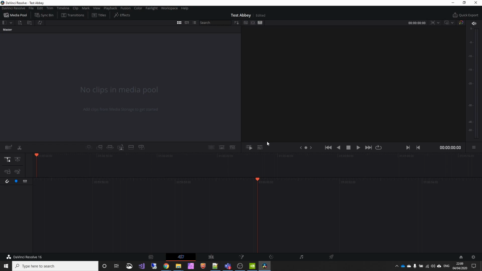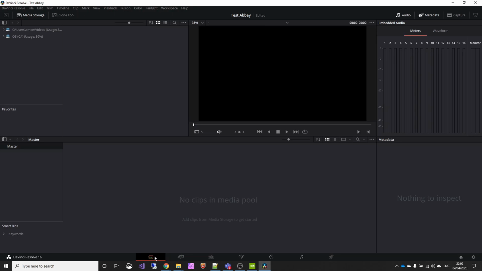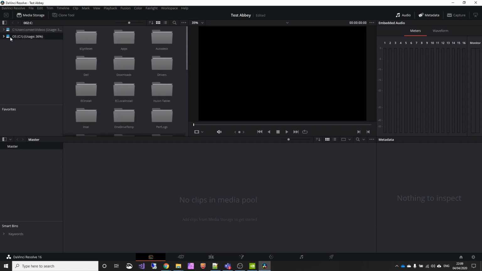Now the interface is like a lot of video editing suites. You've got a media pool, i.e. the type of the media you want to bring in. You've got a playback area, and you've got where your tracks are going to live. So what we're going to do is just start here on the left, which is the media pool. You can use the browser here to find the images you want. I'm going to go to